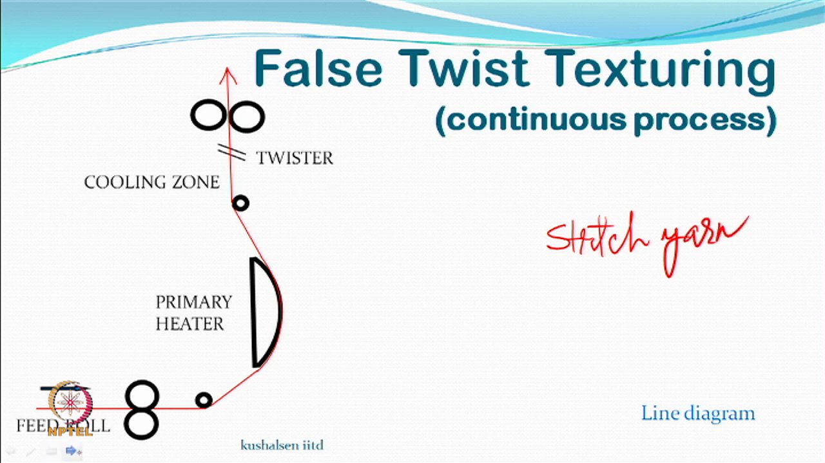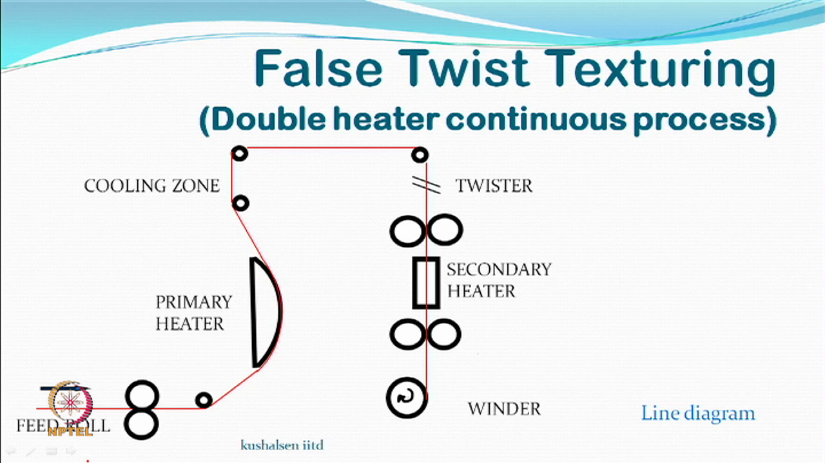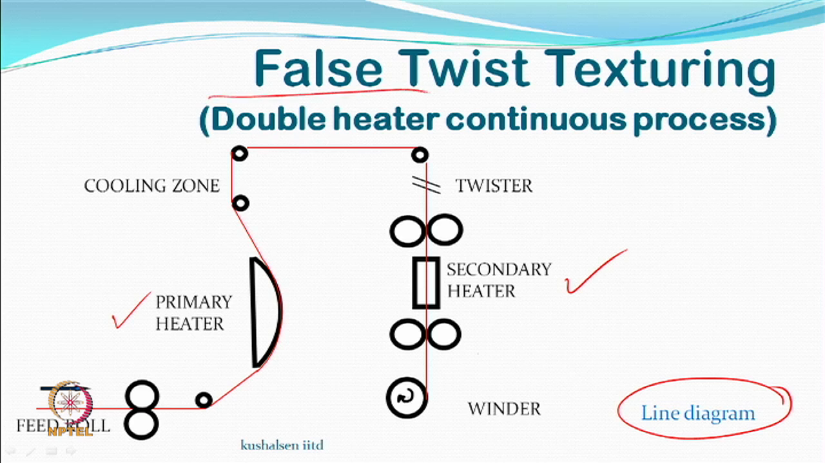So, we want to do modified stretch yarn. Now we have two heaters, one called the primary heater, the other called the secondary heater. Up to this point, which is the cooling part, you have the same thing. I have shown some bends; the bends may or may not be there, it is a line diagram. The actual machine may be different, depending on what you want, and therefore this is a double heater machine,